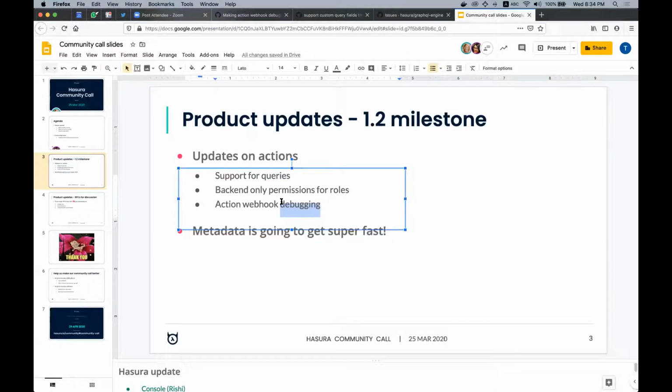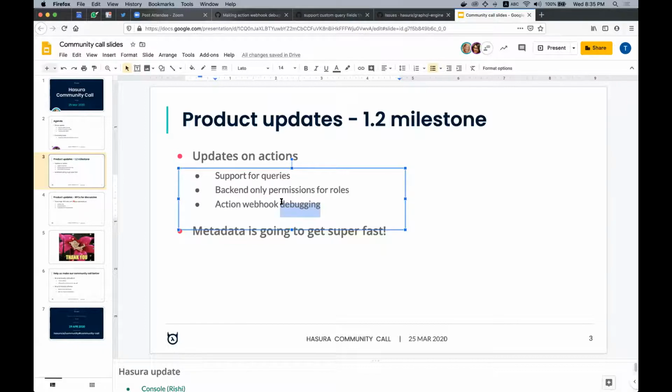And on the third big thing that we're going to land is we're going to make debugging for action webhooks much easier. So right now, for those of you who've tried actions, you would have noticed that sometimes when the webhook that is handling the action is faulty or goes wrong, by default, Hasura is running in a production mode where it's returning errors that release the least amount of information or logging the least amount of information.